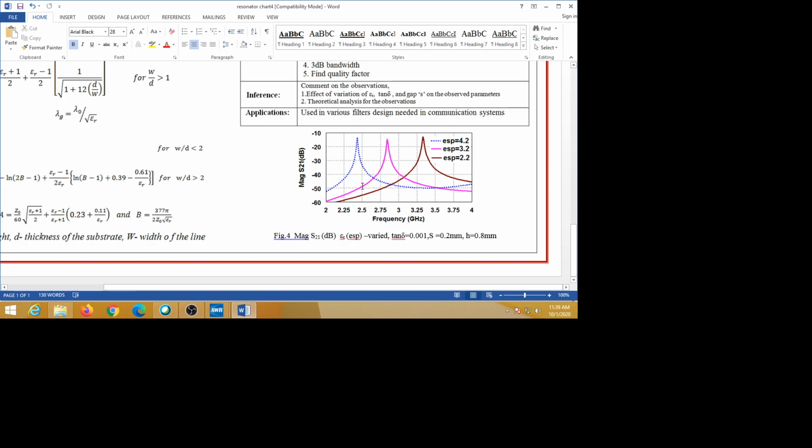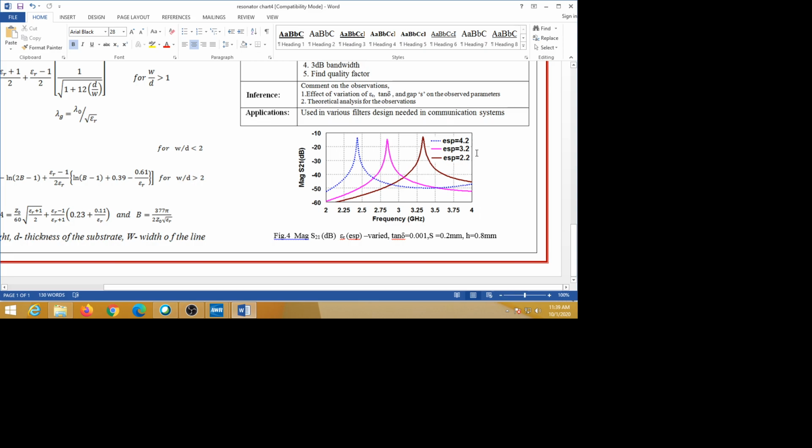Okay, that is the observation made. So you change permittivity and see what happens to the resonant frequency. And also we have to measure bandwidth, we have to measure quality factor, we have to see what happens to input impedance. All those things we can do for these variations.